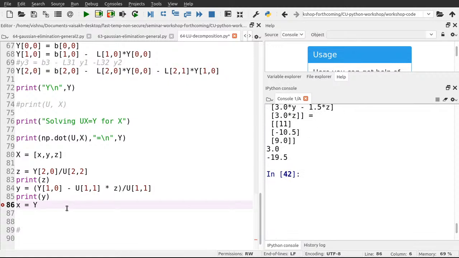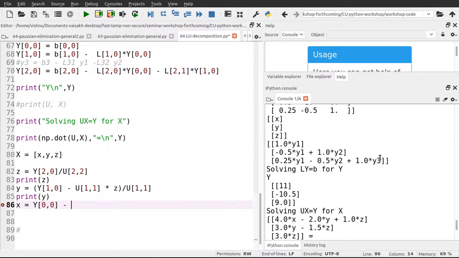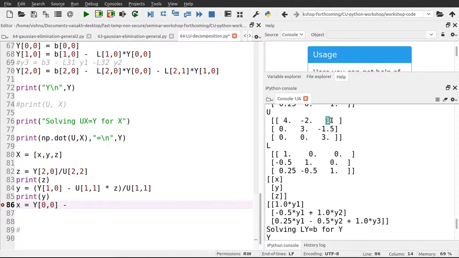Subtract from y. So we are going backward. So 0, 0, subtracting. So two elements we need to subtract. What are the two elements? So we need to subtract 1.0 into z. We need to subtract. What is that 1.0? This is u02, u02 z